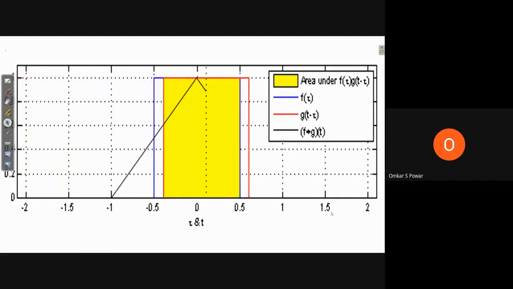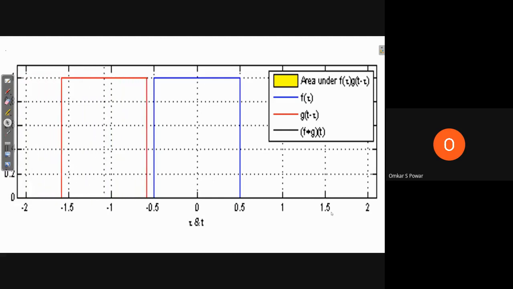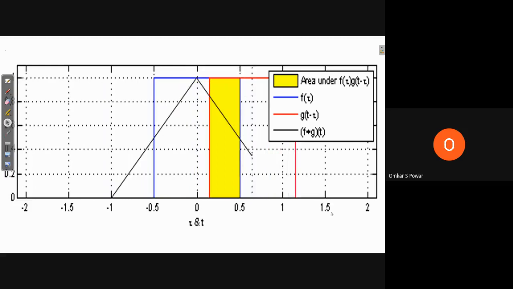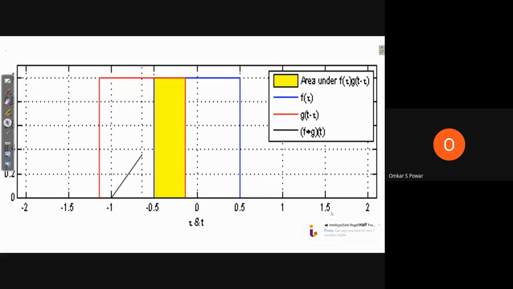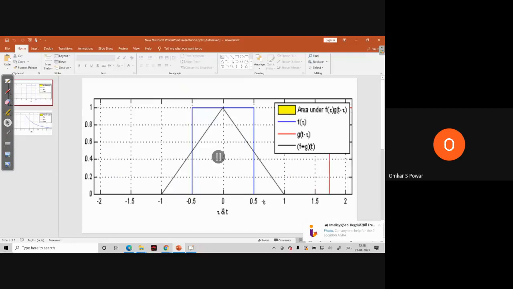So I repeat again, you have the first signal which is blue in color, which is f of tau. You have your second signal which is g of t minus tau, which is represented in red color, and then we are taking the convolution by using the formula, and whatever resultant you get is nothing but your triangle, which is the convolution of f and g. So this is how you need to visualize things in signals, okay.